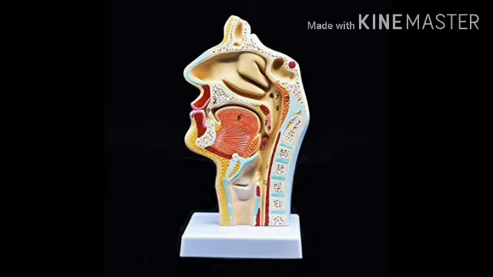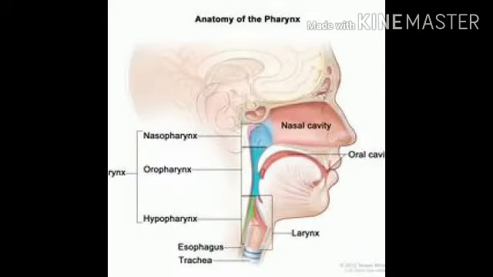The pharynx is a conical fibromuscular tube forming the upper part of the airways and the food passages. It measures about 12 to 14 centimeters long and is divided into three sections by its location. They are the nasopharynx, oropharynx and laryngopharynx. The nasopharynx extends from the base of the skull, that means the basi-occiput and basi-sphenoid part, to the soft palate. The oropharynx extends from the plane of the hard palate to the hyoid bone, and the laryngopharynx from the hyoid bone to the lower border of the cricoid cartilage.